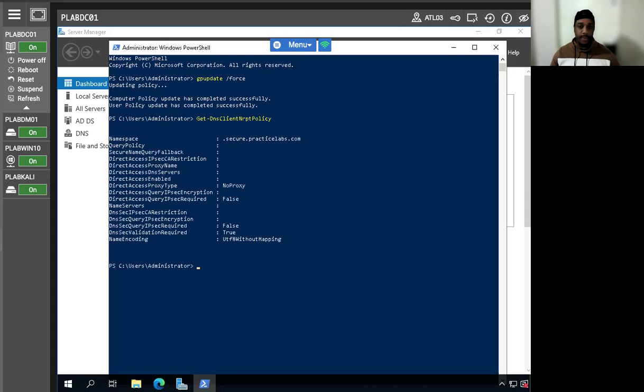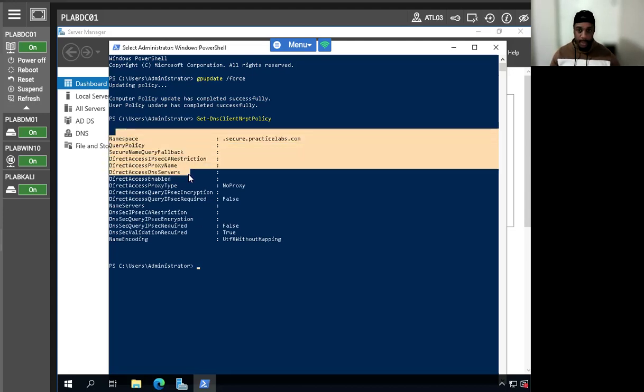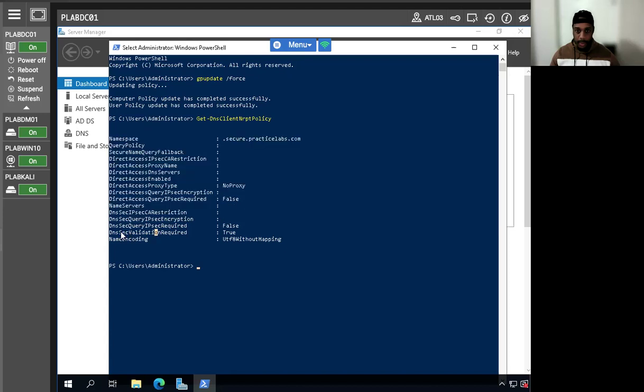All right, perfect. So now we can actually locate it. There it is. DNSSEC validation required: True. That's what we want, right? So now this allows us to move on to another task, which will be the query defined zone with DNSSEC